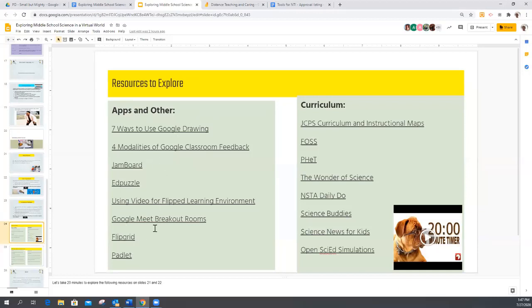Okay, so some of these are videos to let you know what some of these things are. There also are some curriculum things. So folks are asking about some of the free things that are out there. Obviously, we have some access to FOSS. Many of you are familiar with the PhET simulations, but there are more that we don't have included in our curriculum documents that might work. These open SciEd simulations are awesome. If you haven't been there yet, that might be a link that you want to click onto that has some simulations that you might be able to use with your students as well.